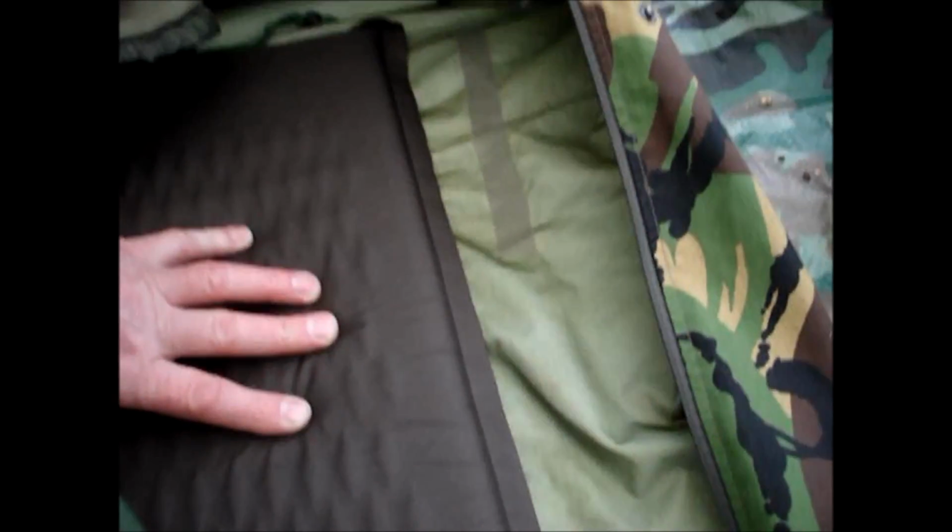I can't high spec these, the Brit Army mat. I'll maybe do a spec on those individually, but I think it's one of the lightest mats I've ever had. Easy to carry, rolls up really compact, as you would have seen in the overnight on the hill in the snow, and it's lightweight, but it's one of the warmest mats. It really radiates your body heat back, and yet it's a bit of a contradiction in